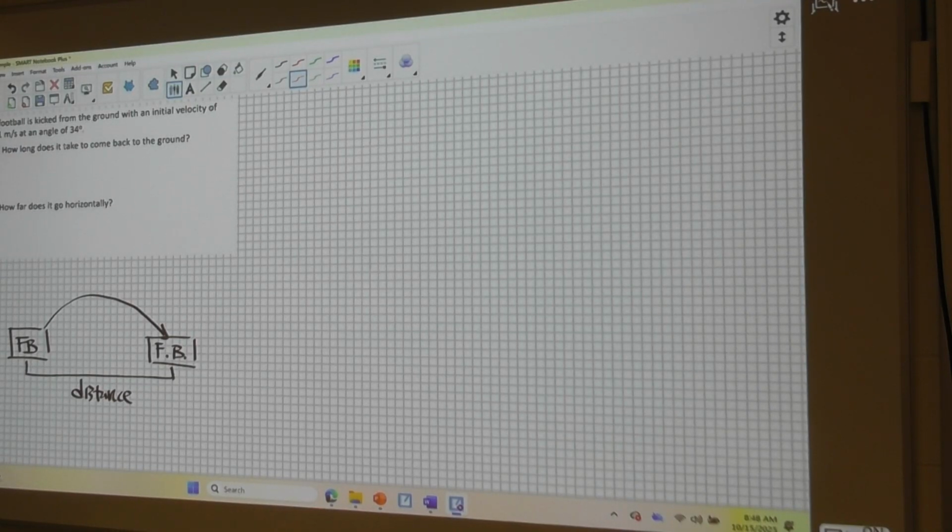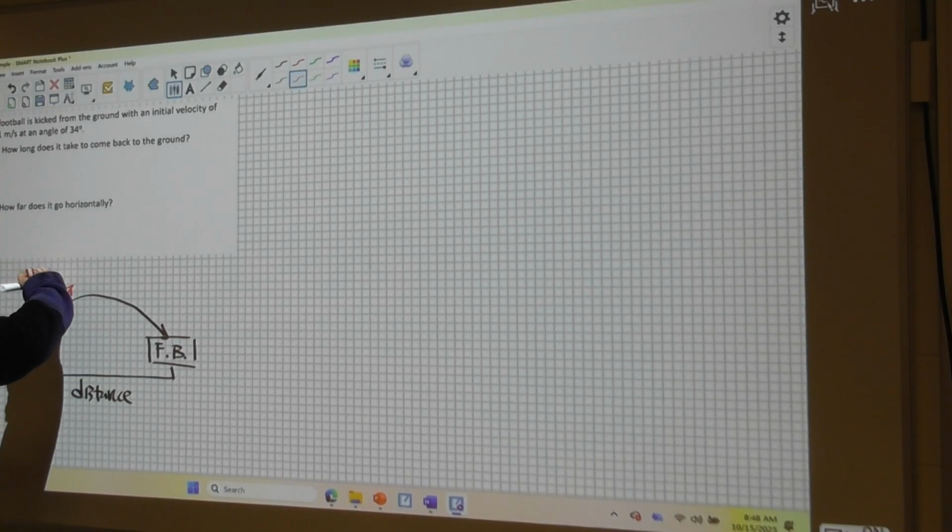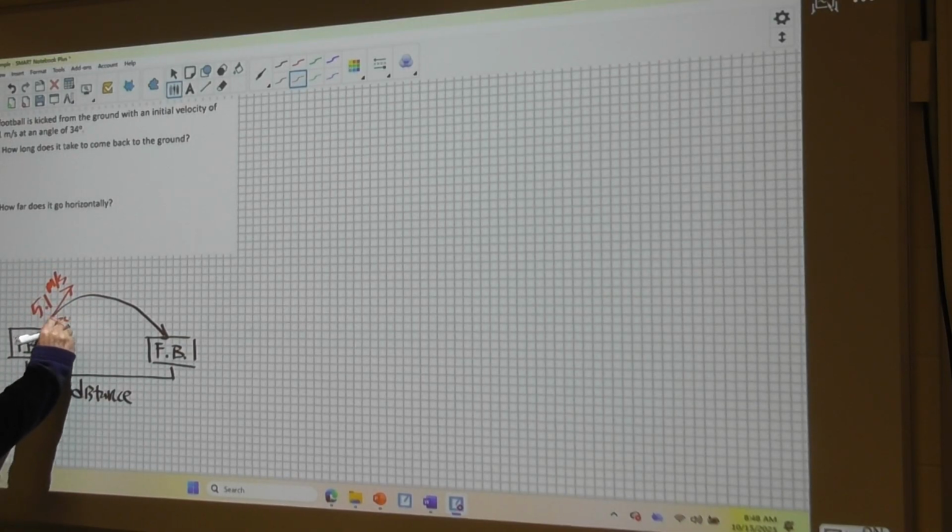So what I do is I like to draw my initial velocity vectors as arrows that are positioned so that the tail of the arrow is where the object starts, and the arrow points in the direction of the initial motion. So that is going to be tangent to the path of the ball. It'll always be tangent to the path of the ball. This arrow represents the initial velocity of 5.1 meters per second at an angle of 34 degrees relative to the